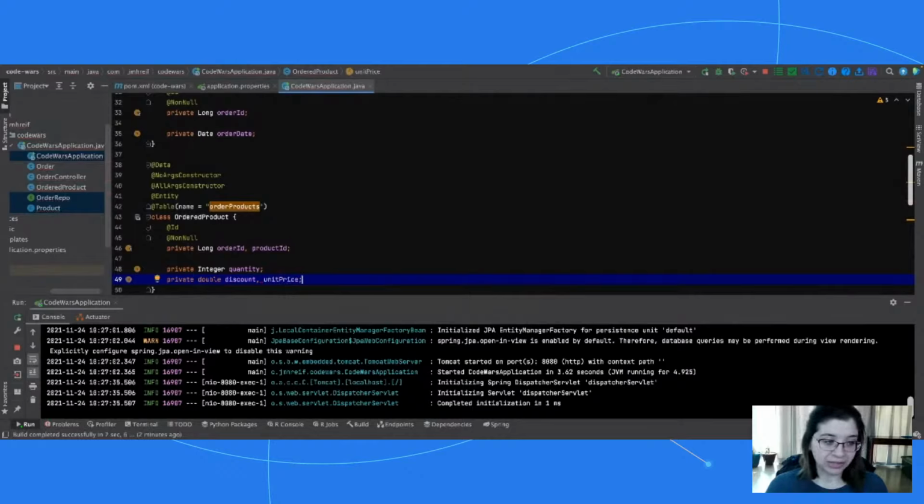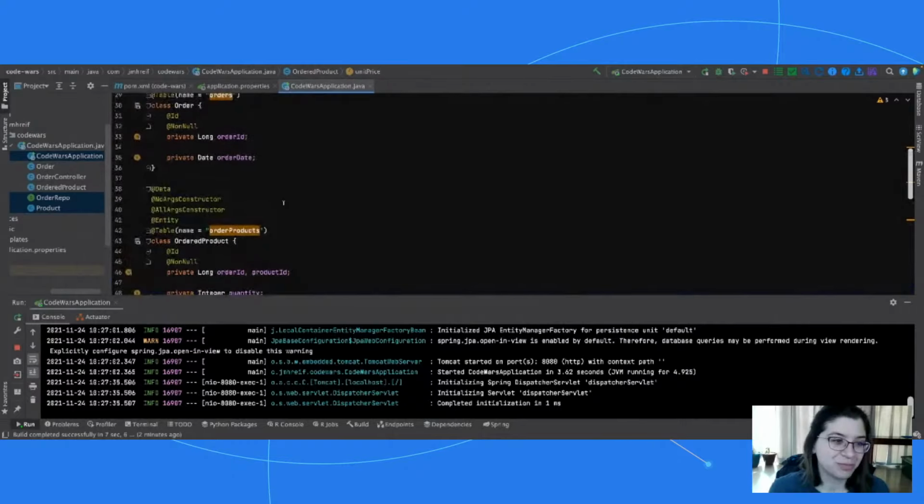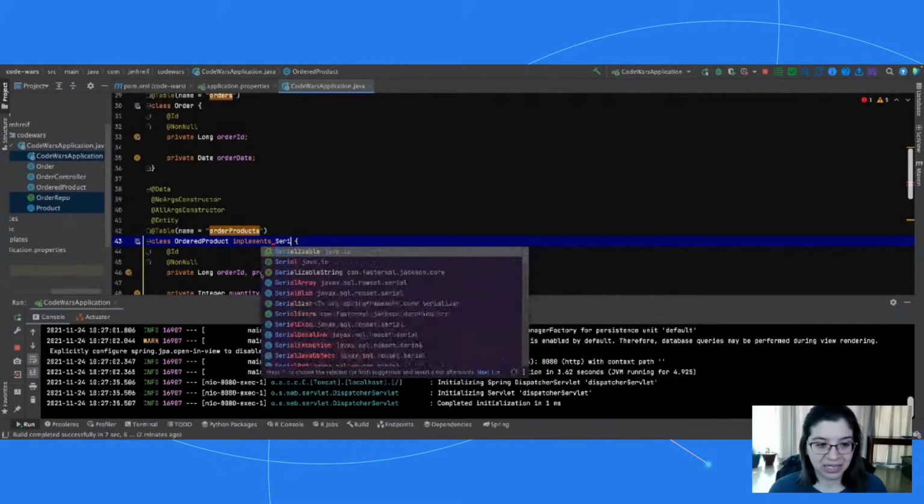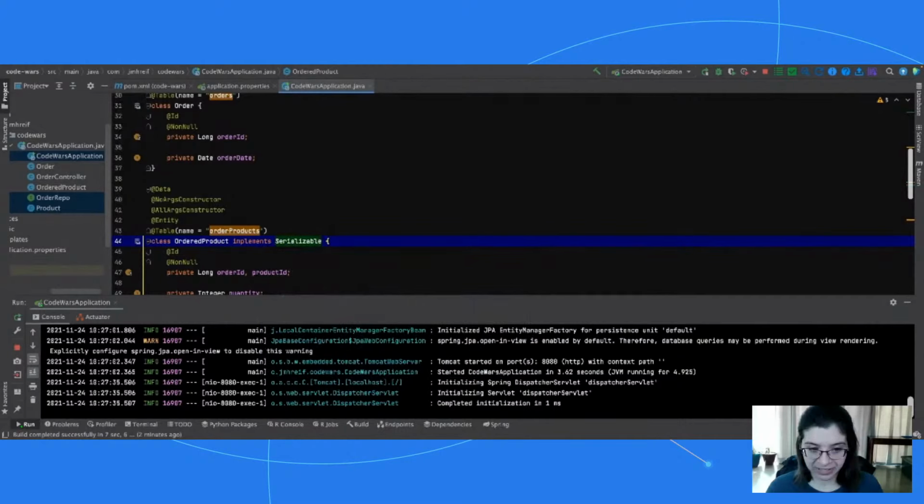Okay, now that's great. We still haven't connected all the dots though, right? So let's go back and do that. Oh, one other thing, because this is a join table and associative entity, and because I have a composite key here, I actually have to specifically implement the serializable interface here.